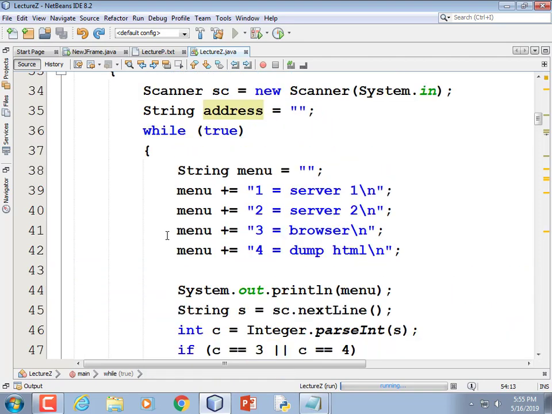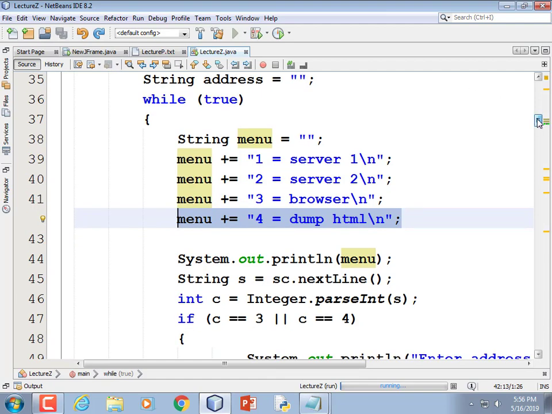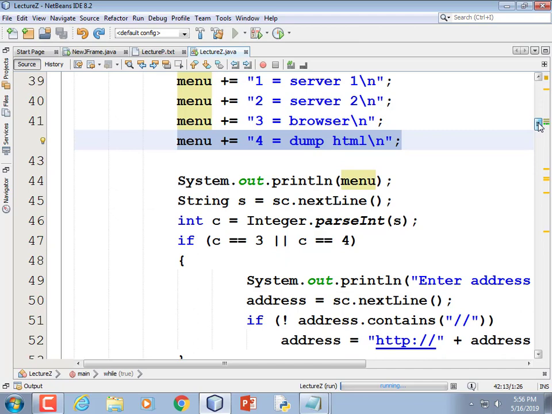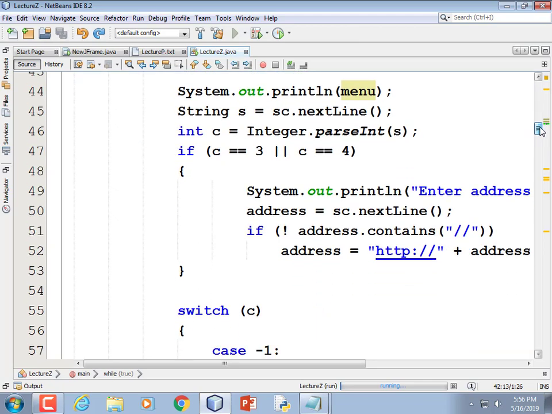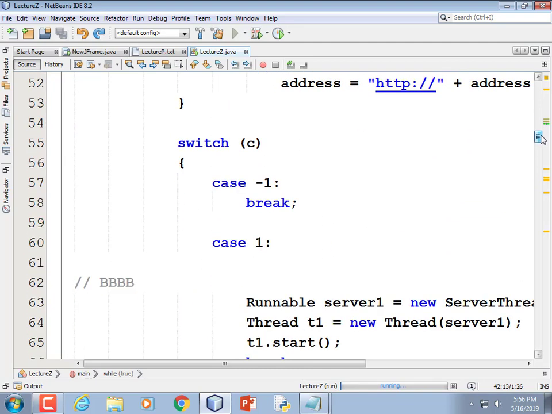But we have other stuff we can do. What's this one? Dump HTML. Same idea. Go to the website, but we're not going to launch a browser. We ourselves want to establish our connection using Java. Not letting some external browser handle it. That's boring. Right? If we wanted to pull some data out of a web page, then we'd need something like this. So down here,